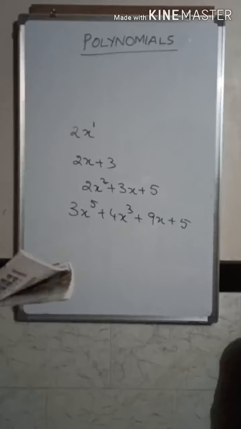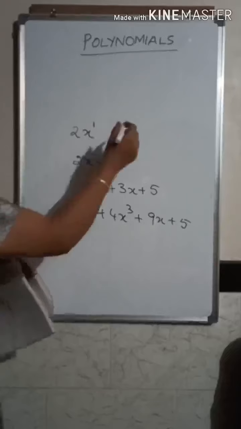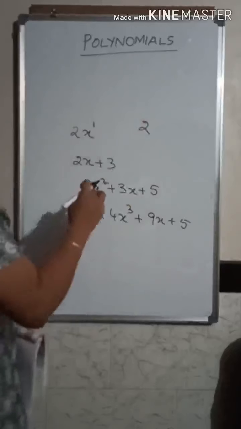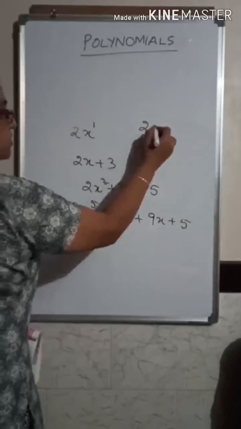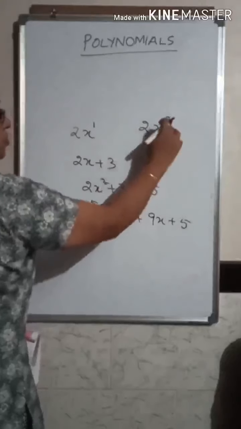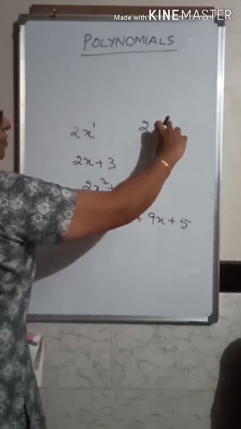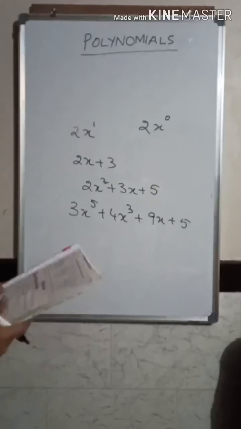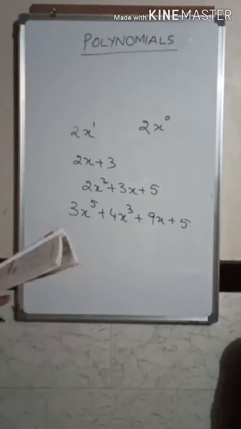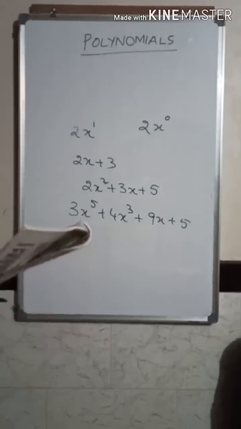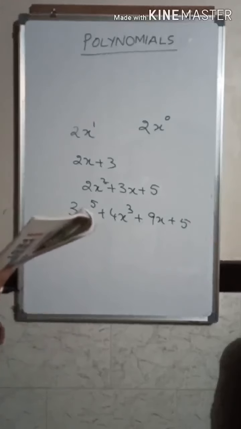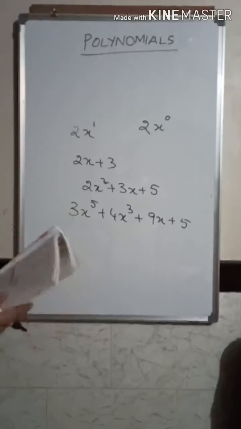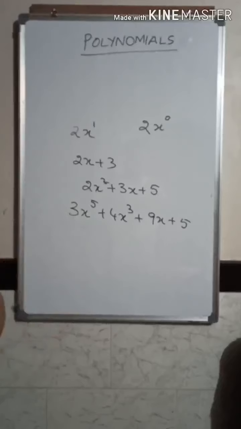Now the degree of any constant number: if you have a constant number, the degree of this polynomial will be equal to 0, because this is written as x to the power of 0. So here the power is 0, therefore you call the degree of this polynomial 0. So the degree of any constant term will always be equal to 0. Now how do you find the degree of the polynomial if you have more than one variable?